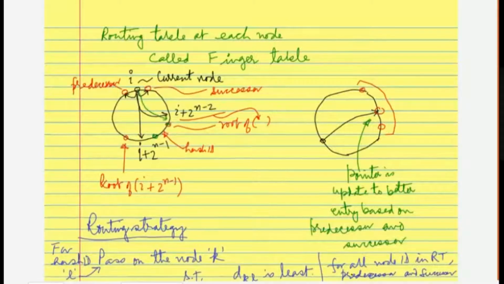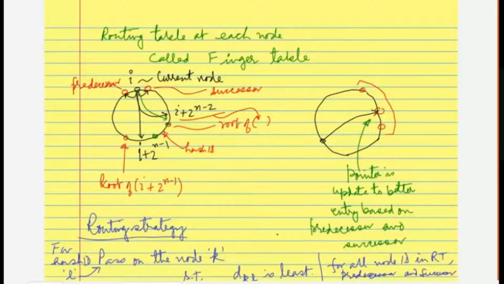And then that guy will figure out the successor and hand over the query to him and tell him that you are the root node. That is to be told to him specifically. Otherwise, he will look at his own finger table and find somebody else who is closer to that hash ID. So routing has to stop here. And this guy then has to specifically ask him to supply the key value pair from his database.